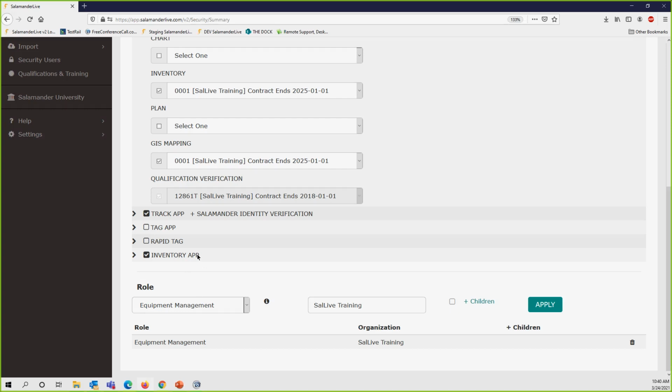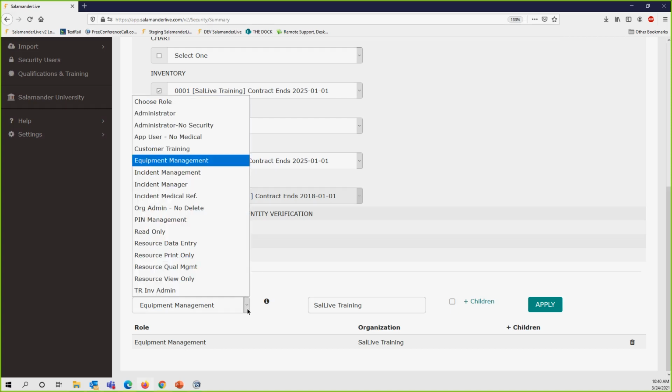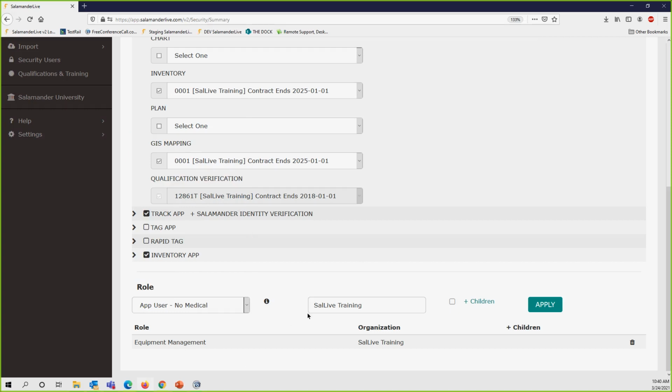The only difference is that he's not going to be able to download people since he only has access to equipment. So I can add another role in here to allow him to see that information, which is the app user no medical, and then give him that at the parent level, and I can also choose to include children. So this here is kind of a unique situation. Depends on how you guys want to set this up, but at the app user at the parent level,